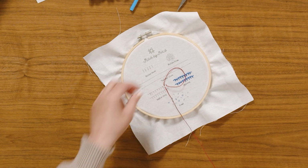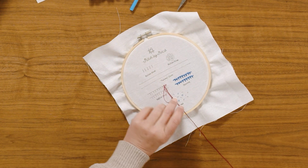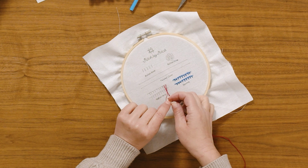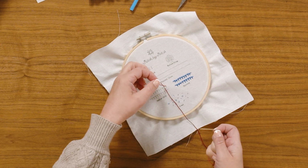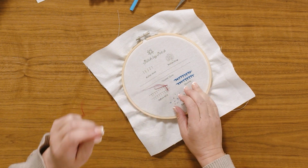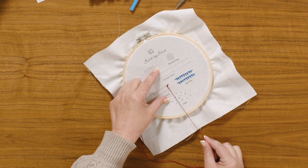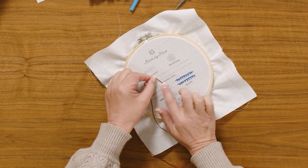And what I want you to look at is here where you're going to put your loop in. This loop is going to have a twist in it, and you're going to pull your needle through that twist. Okay, see how there's a twist? And then you're putting the needle through it. You're going to pull that and then pull it up to the top so that you have a little twist